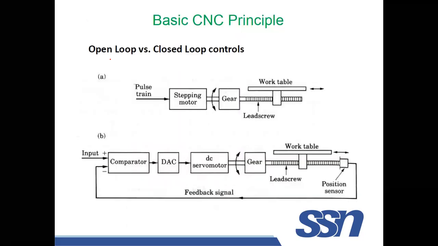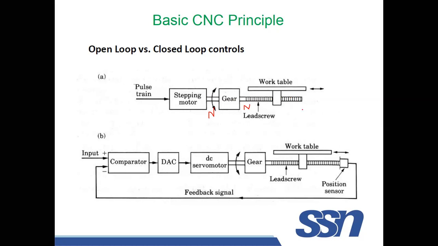So how does it work? The stepper motor working, you have already studied. If you give a single electrical pulse, what happens? It will rotate. The stepper motor is going to rotate continuously, or depending on the program, it will rotate. Here is a set of gears. Let us assume the gear ratio is 1. If this is revolving at n speed, this is also revolving at n.